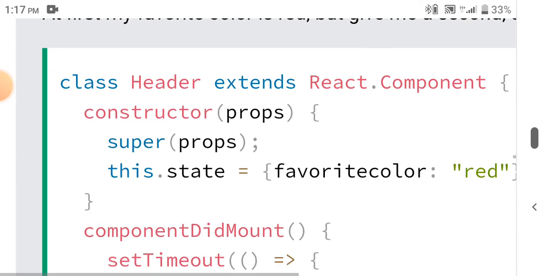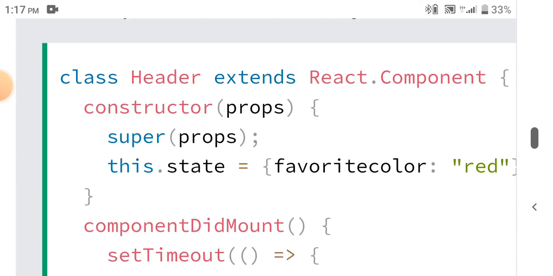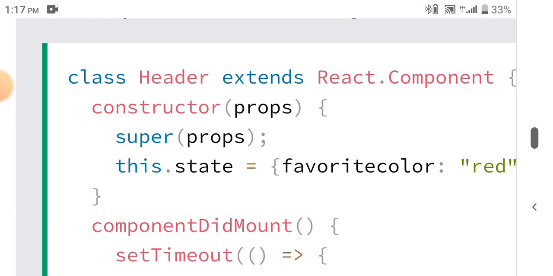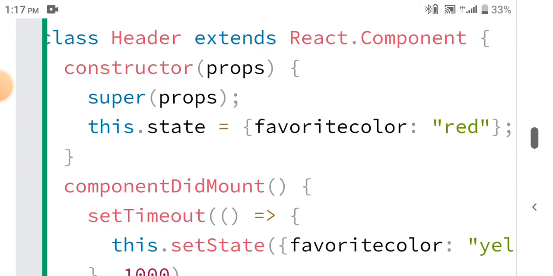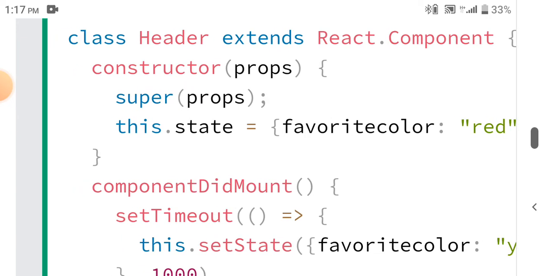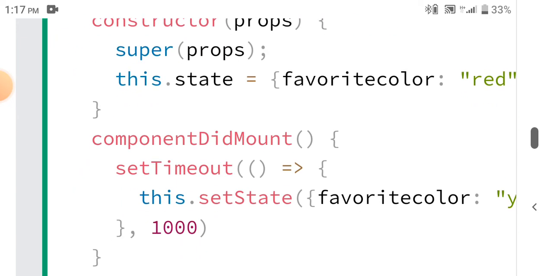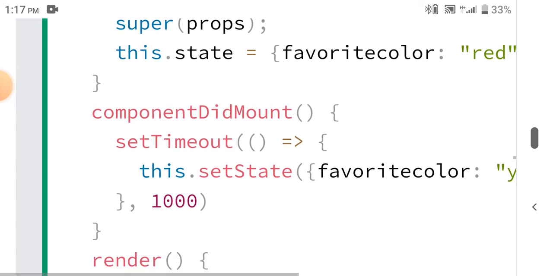Okay. Class Header extends React.Component, constructor(props), super(props), this.state equals favoritecolor: "red". componentDidMount method, setTimeout